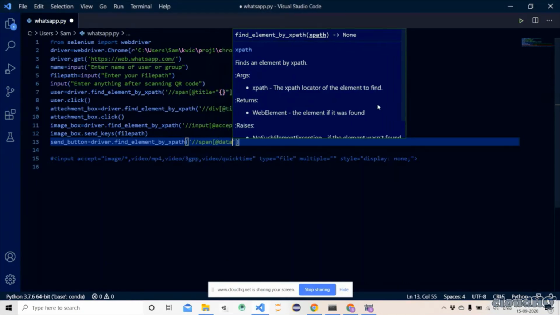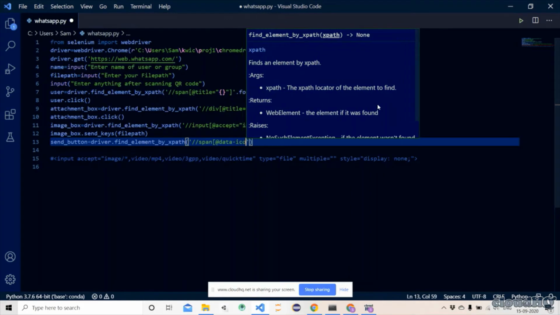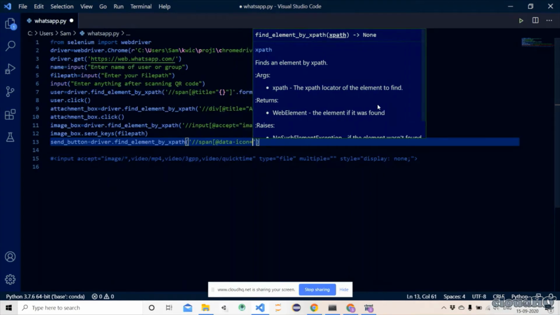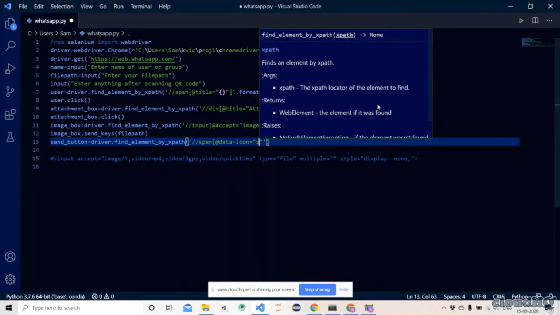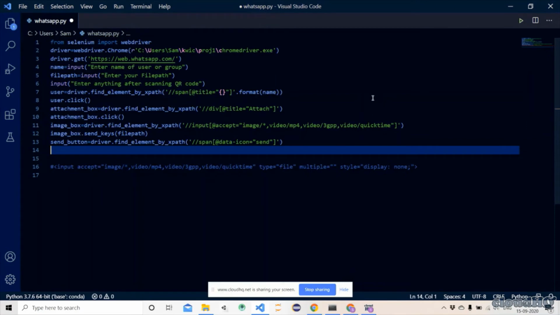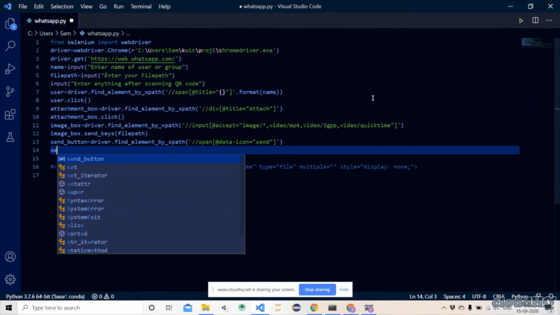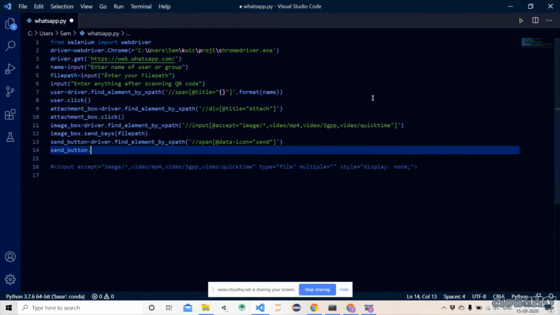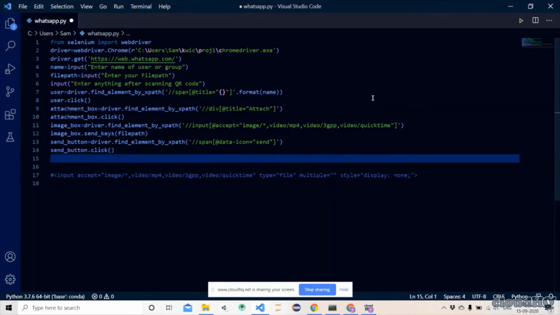Okay. Yes. Now we will just click this button. And now I think our images would be sent.